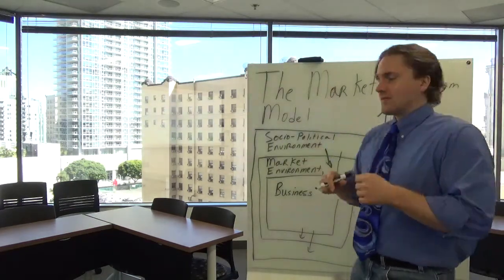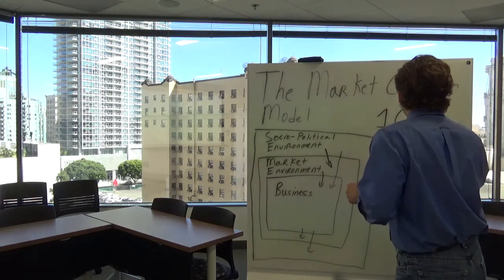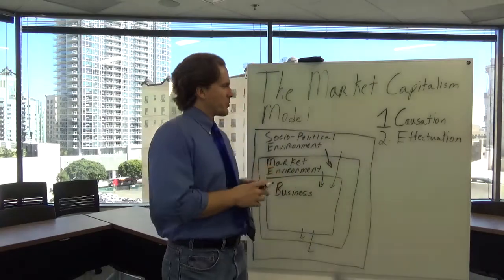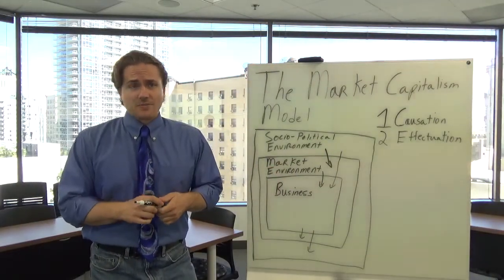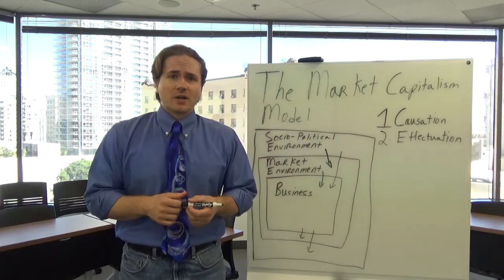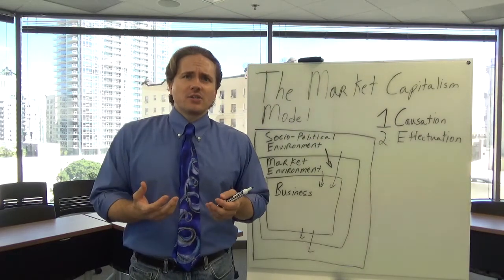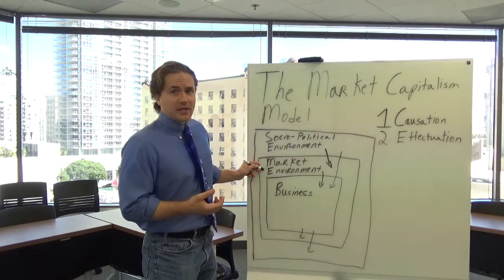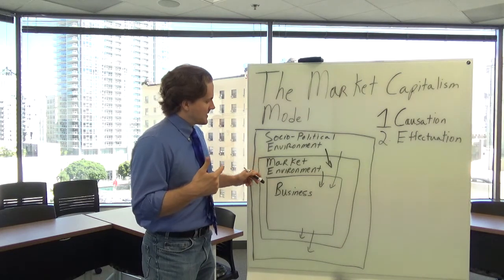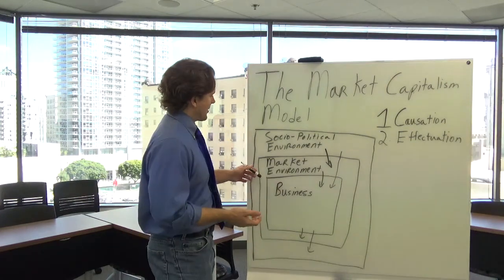Now, the quote-unquote opposite of causation is what we would call effectuation. Sarasvathy coins this term in one of her entrepreneurship articles, although she attributes it to the philosopher William James. Effectuation basically says, and I'll have some more videos on this later if you're interested in this dichotomy between causation and effectuation, it's not so much about working within the constraints of the market. It's not so much about an entrepreneur being a genius and being able to profit from market disequilibrium. It's about understanding what people want and being flexible to that need,